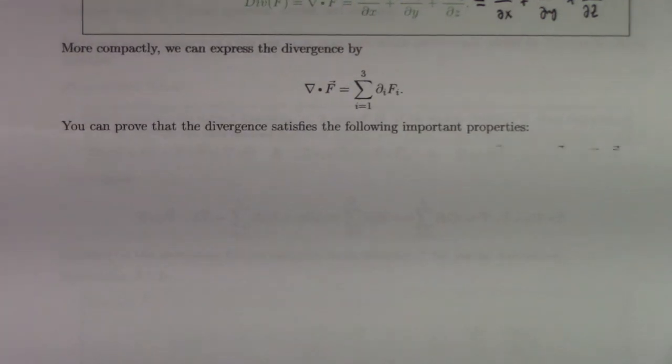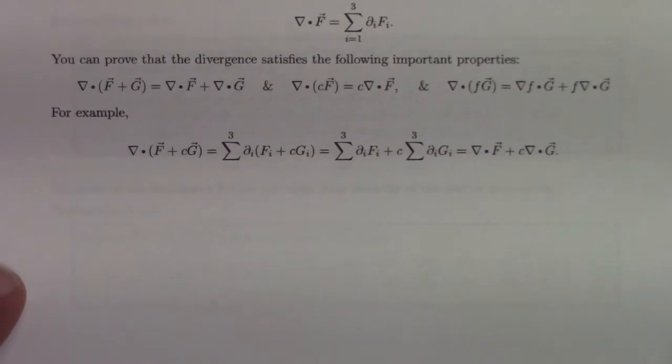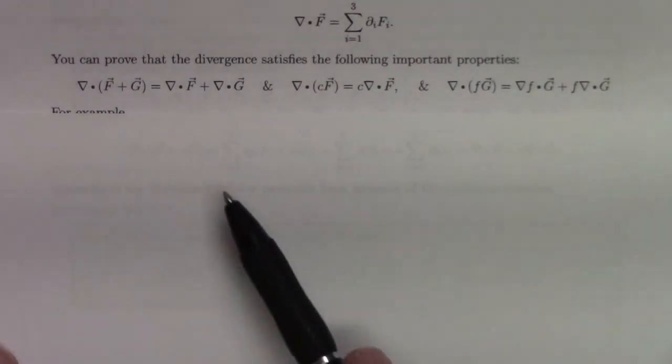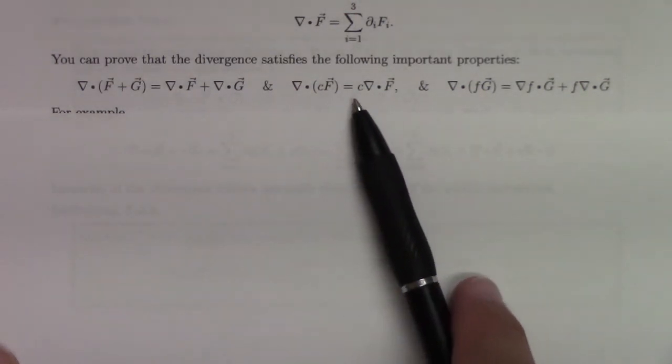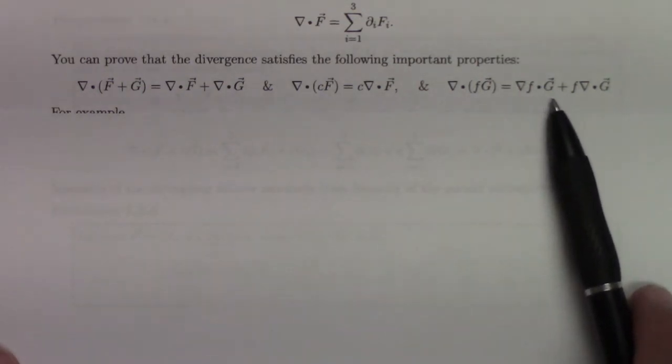And the divergence also has nice properties, as you can easily prove following from the corresponding properties for partial derivatives. The divergence of a sum is the sum of the divergences. You can pull a constant out, and you even have this product rule of sorts here. Notice that,